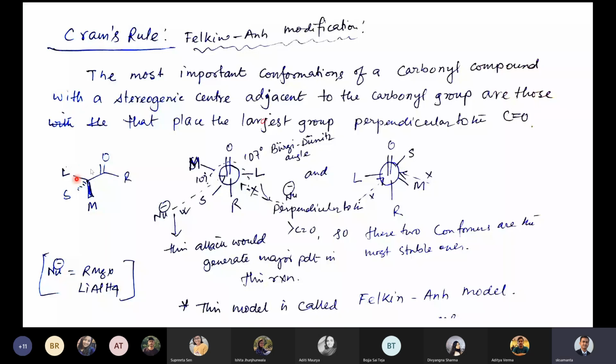Now convert this one into a Newman projection formula like this one. So this is your C=O and R is basically H. Then your phenyl comes towards the right, methyl comes on the top, hydrogen comes on the bottom. Because this is your S center and we have converted it here, this is your L, then B, and this is C. A to B to C is in anticlockwise direction. That is why this center is an S center. Could you see this one now or not yet? Got it?